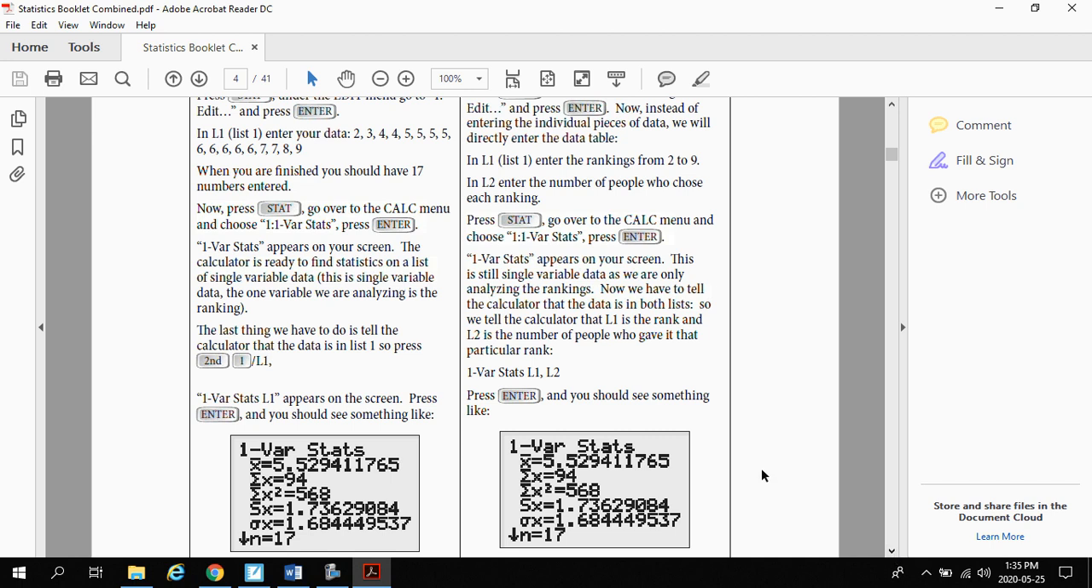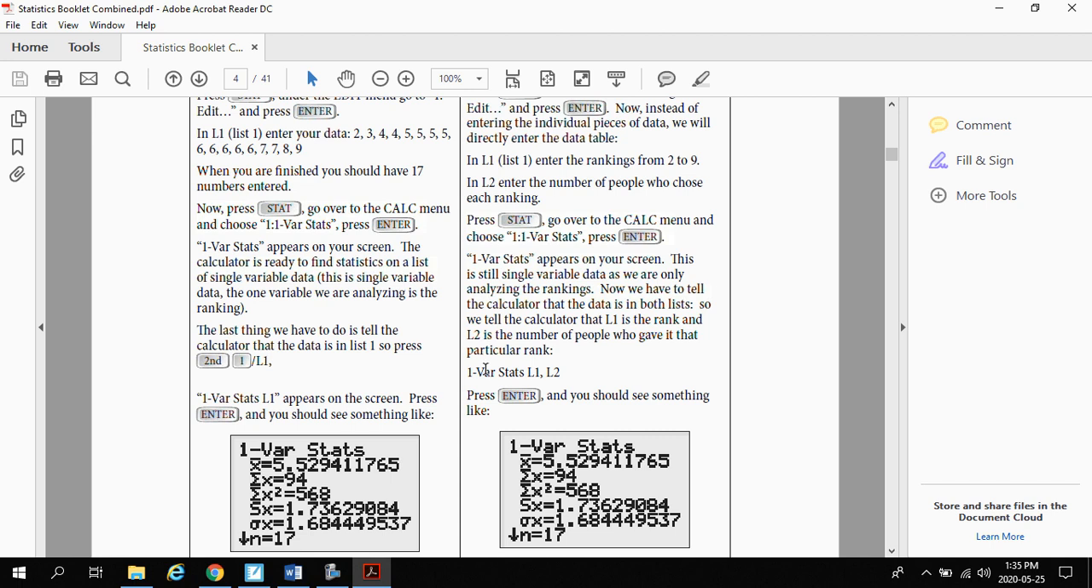You might need to pause if I'm going too fast. Entering them into L1 and L2. So again, same thing, you're going to press STAT, go over to Calc, and you're still looking at single variable statistics, and press enter. This is a little bit different for the TI-84s versus TI-83s. It should say on your screen, if you have a TI-83, 1-Var Stats, and then what you do is you put in